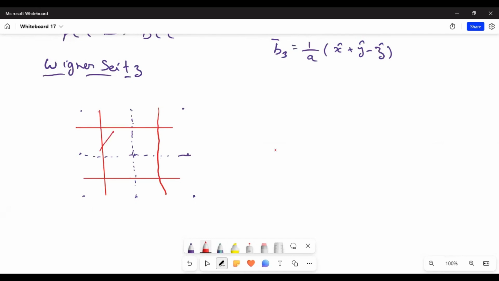So this area is the Wigner-Seitz cell. We have a center point, the origin, and the closest lattice point was this. We draw a perpendicular bisector to the distance on every side, and the area that is enclosed is called the Wigner-Seitz cell. This is in real space, but in reciprocal space,